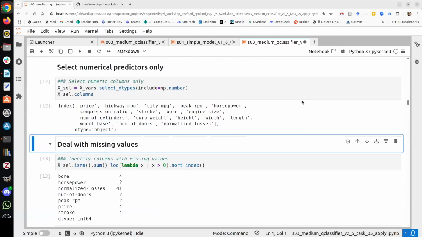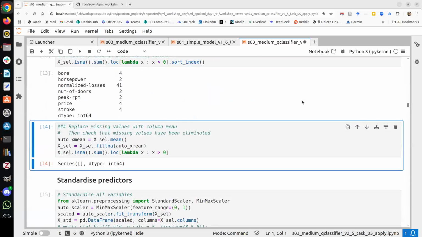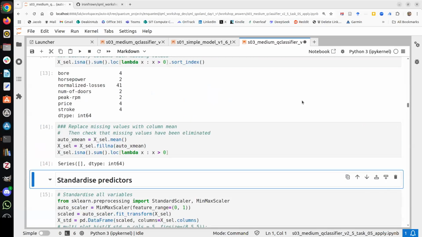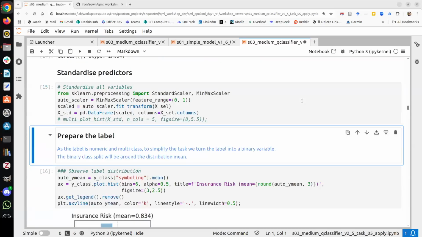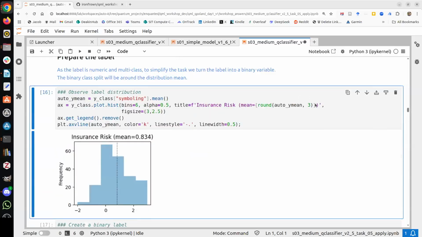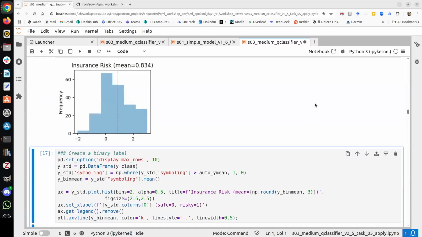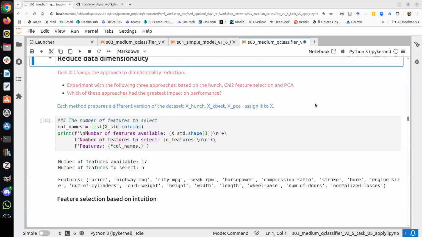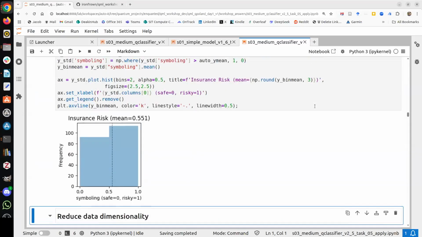We do all the things the same way. We're getting rid of missing values. We standardize the predictors. We could look at the plot. We're going to convert the multinomial case to the binomial case. That's why